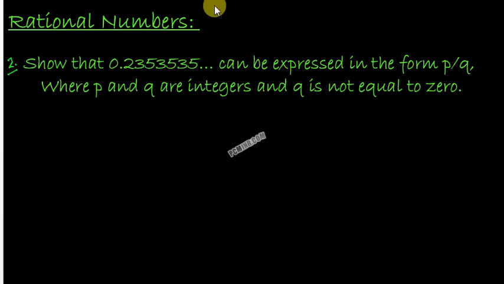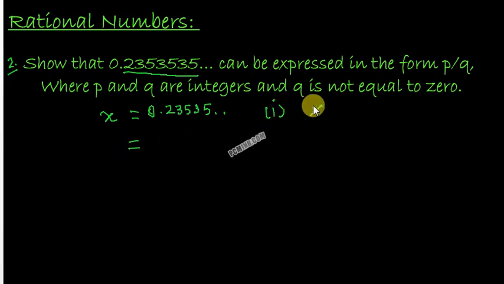So we see that the question demands that we express this number in the form P by Q. For that, we assume that x is equal to 0.23535 and so on. We can call this equation number 1, and if we multiply this by 100 on both sides, 100x is equal to, if you multiply the right hand side by 100, it becomes